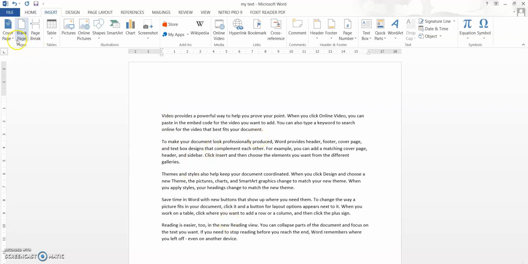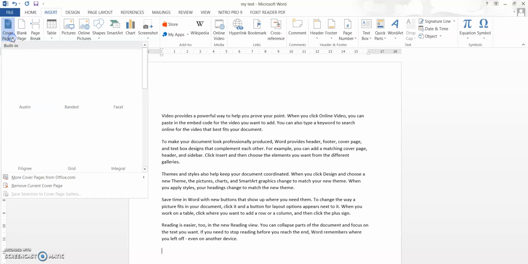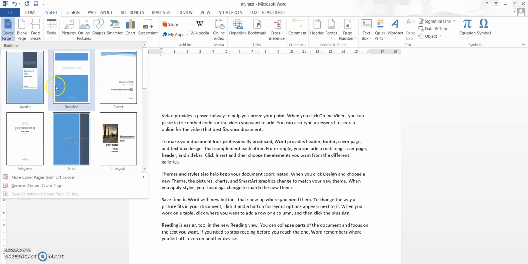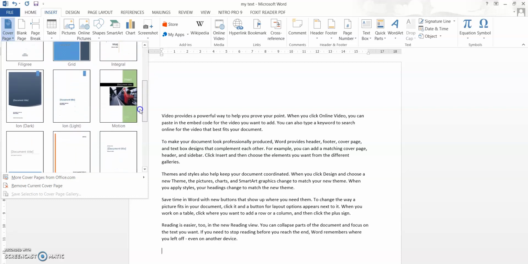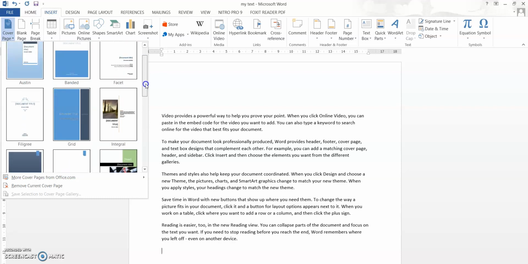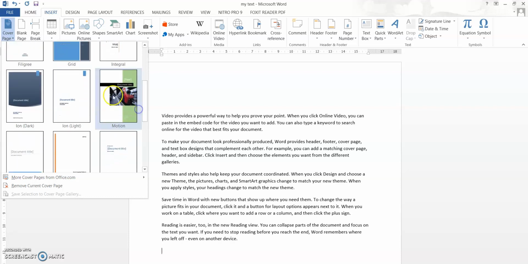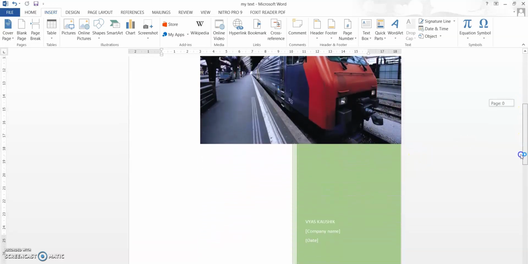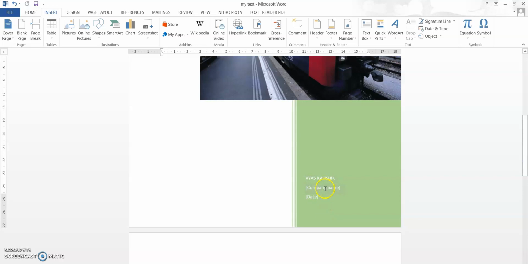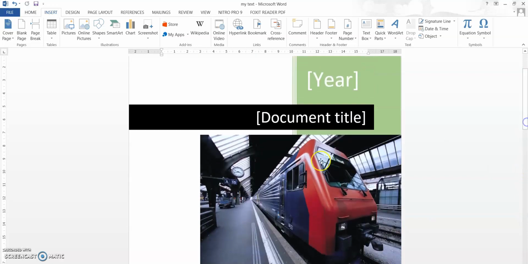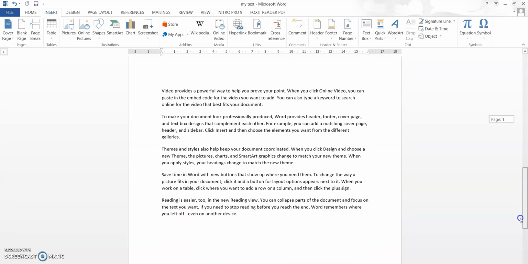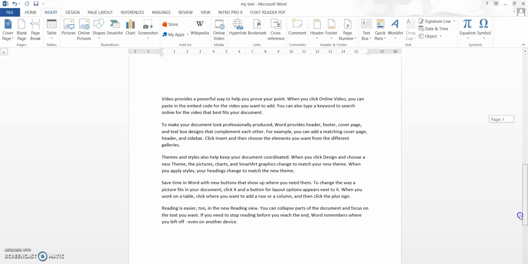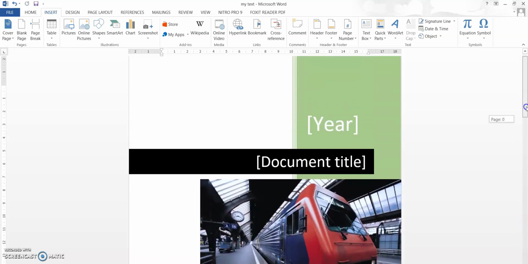So first, I can add a cover page to the paragraph. So what is a cover page? If you want to write any storybook or any project review like that, you can add cover pages to the text. So I would like to choose this cover page. You can see that there is a cover page that is formed on the first page, which has my name, a company name, date, and it also has a nice image and a document title here. Okay, and on the second page we have the paragraph that we have typed. So this is the cover page.